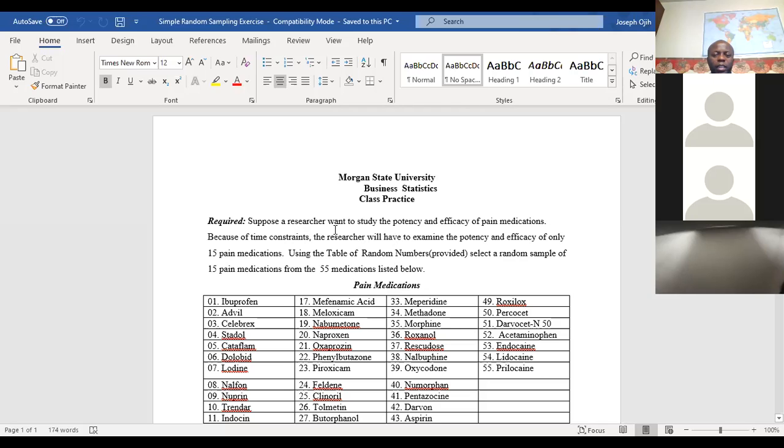It says, suppose that a researcher wants to study the potency and efficacy of 10 medications. Because of time constraints, the researcher will have to examine the potency and efficacy of only 15 medications. Using the table of random numbers, select a random sample of 15 medications from the 55 medications listed below.